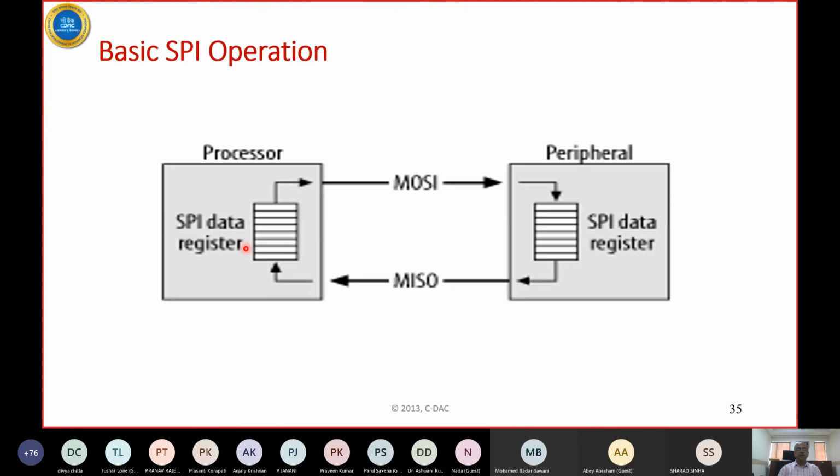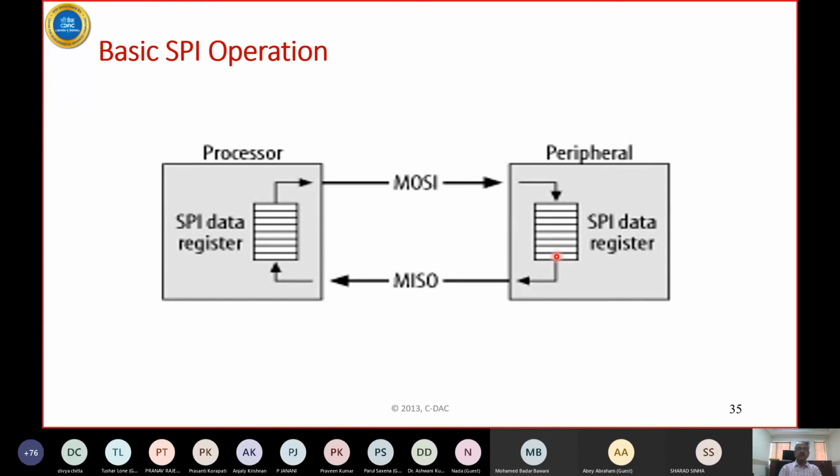Okay. What is inside it? Inside there is nothing but an 8-bit register. So how does this operate? The host loads a data byte. Once a data byte is loaded, like in the case of UART, 8 clocks are generated. When 8 clocks are generated, 8 bits are transmitted out. After 8 clocks are generated, the contents of this register get transferred to the contents of that register.